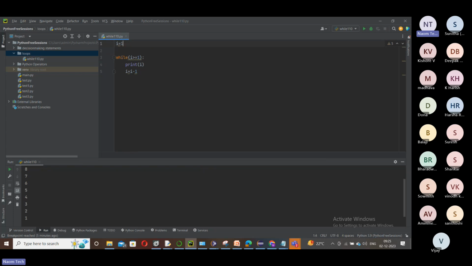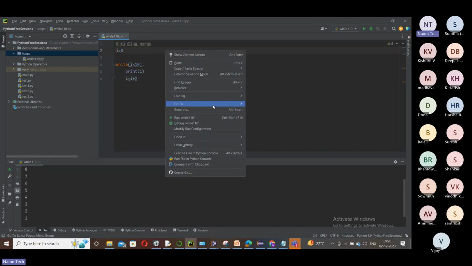Suppose you set I to 0, and then you can simply say I less than or equal to 10. Here you can add a comment, printing evens. And then I is set to 0, I less than or equal to 10, and then print I and I equal to I plus 2.